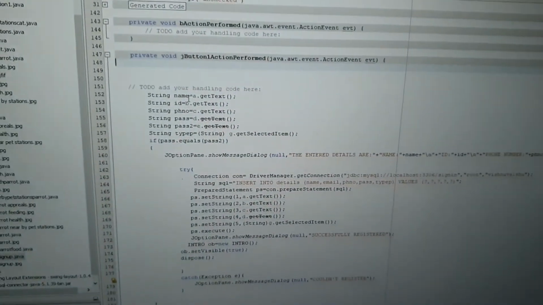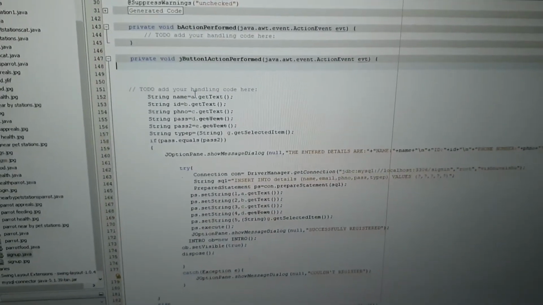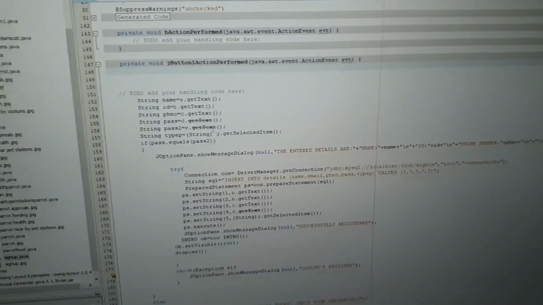For example, here we took variables as a, b, c, d, e and up to g.